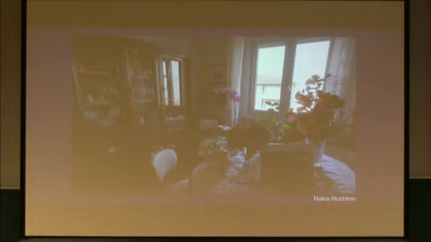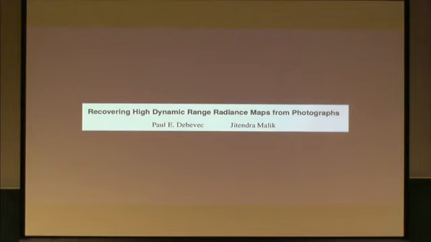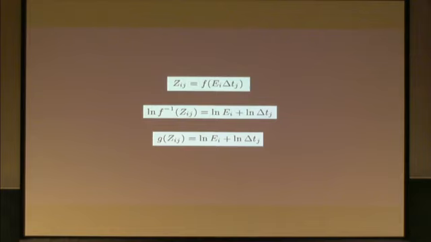Right, so how to create the radiance map? For still photography, the problem has been solved for almost 20 years now, and this is the de facto standard for that, the Debevec and Malik algorithm. So what they do is, from a stack of differently exposed pictures, they build this radiance map. How do they do it? Well, they estimate the camera response function, which is unknown. So you just have the pictures. You don't know anything about the camera. Well, actually, you know something, which is what the exposure times were: 1/2 of a second, 1/100th of a second, and so on.